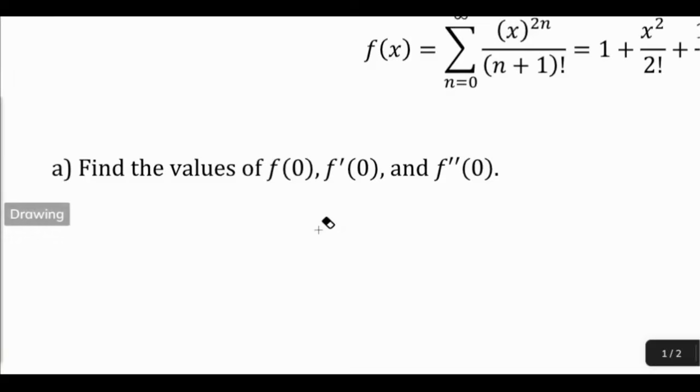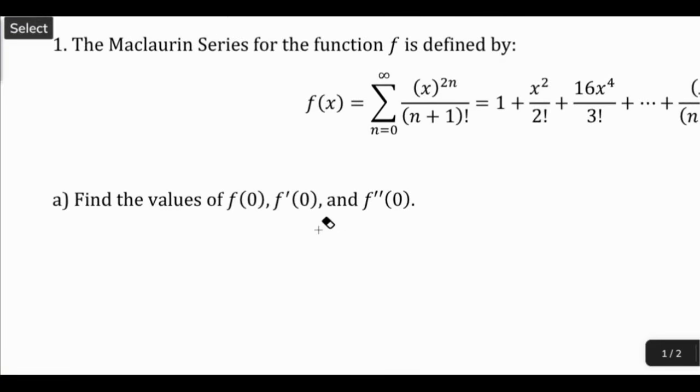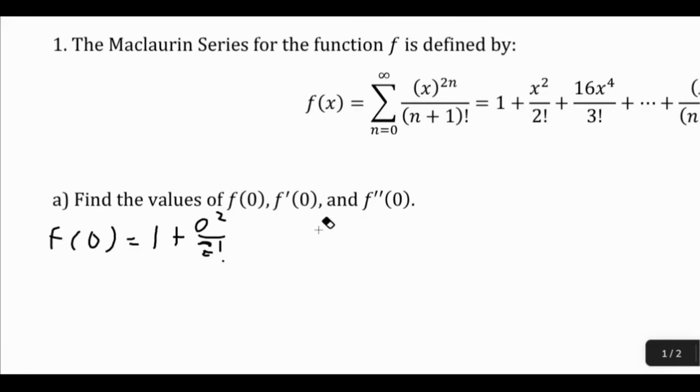First value it wants us to find is f of 0. And this is really easy. This can literally just be done by plugging in 0 to all the terms. So if we plug in a 0 to the first term, we get a 1. If we plug in 0 to the second term, we get 0 squared over 2 factorial. Oops, that is a really bad 2. There we go. And then if we plug it into the third term, we get 16 times 0 to the